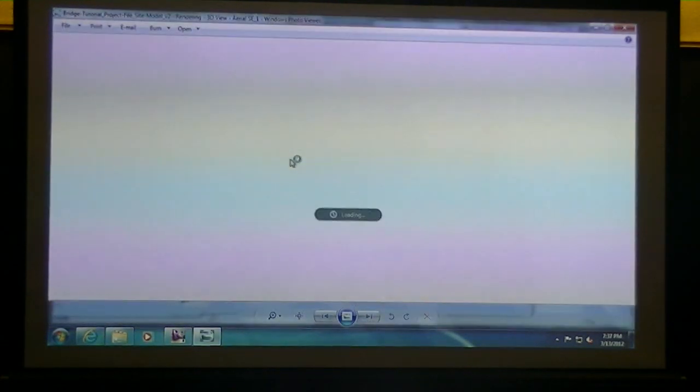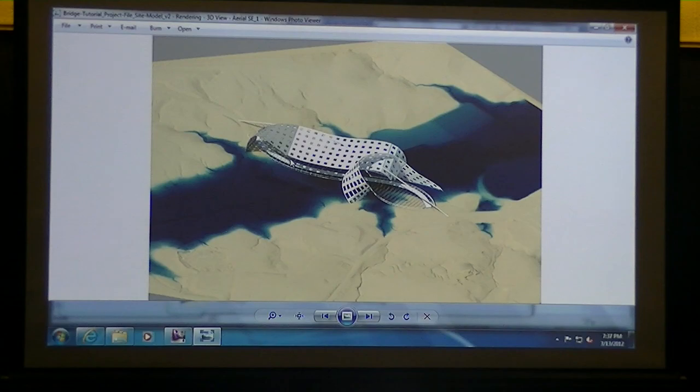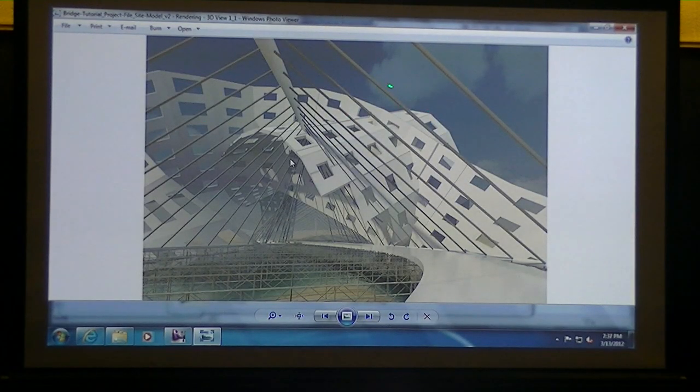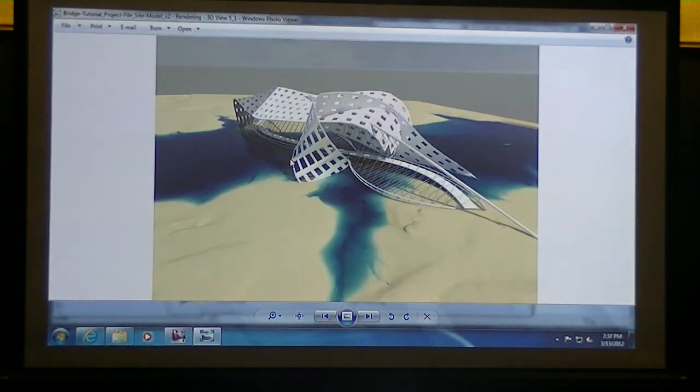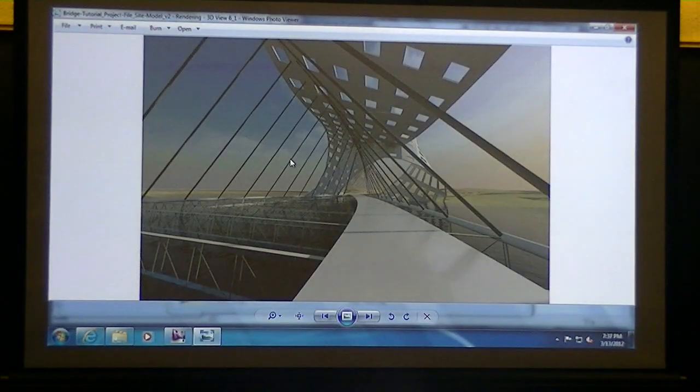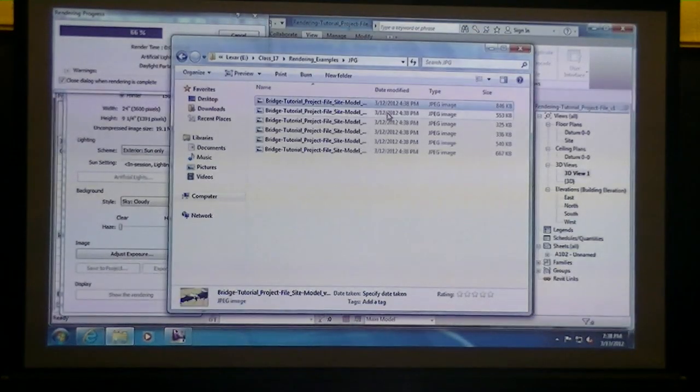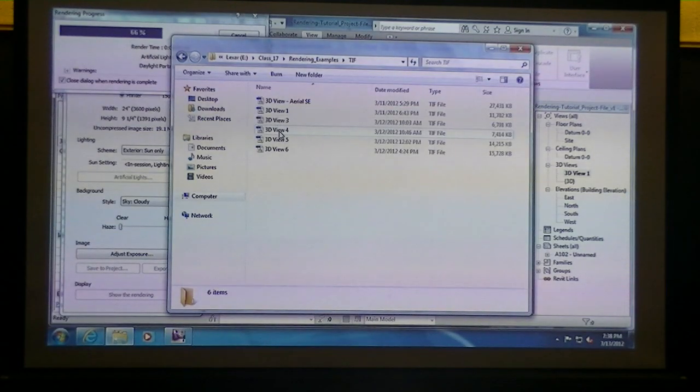When you do it as a JPEG, I'm going to scan through my JPEG images, and you'll notice I have a sky in the background. That generated sky was created just by those different settings in the render engine. As a JPEG, you will get the image that you see on the screen. When you export it as an image that has the ability to have transparencies, your TIFF files and your PNG files,